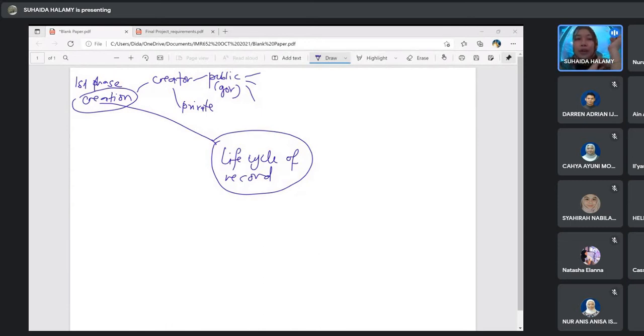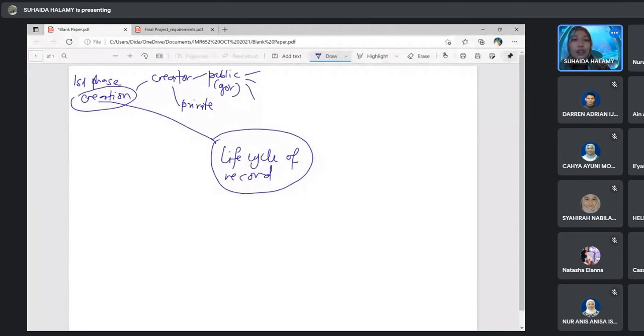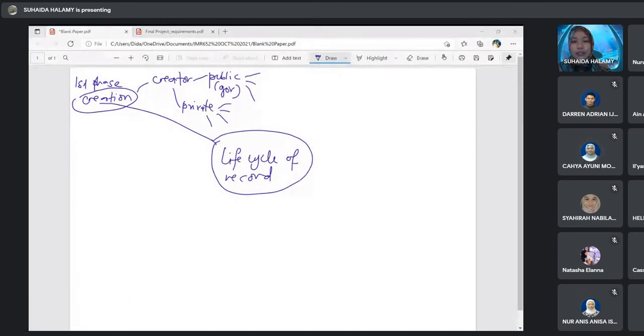Alright. Okay, and then for private, you know we have 4. Okay, anyone? Private organization, NGO, family and individual. Okay, good, Izora. Alright. Quick, already know, right?